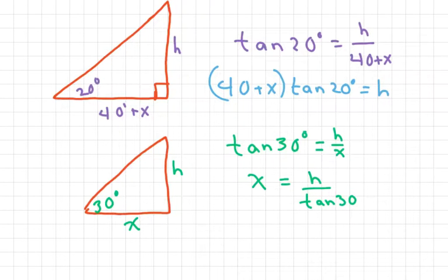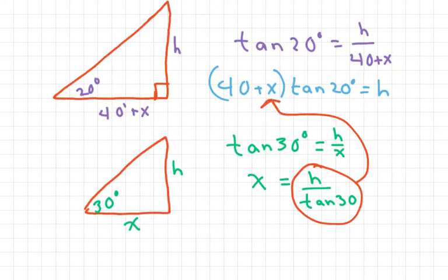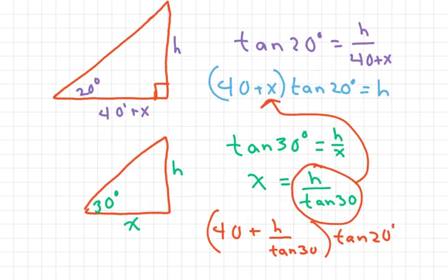Now, I'm going to substitute my x and plug it in right here into this equation. So you get 40 plus h over tan of 30, times tan of 20, equals your height, which is what we want. Okay, and I'm going to use the calculator now and find out what this is. So on the next page we're going to have